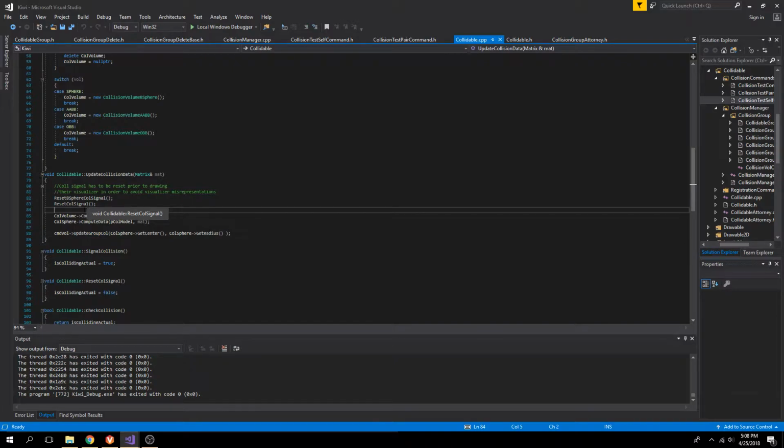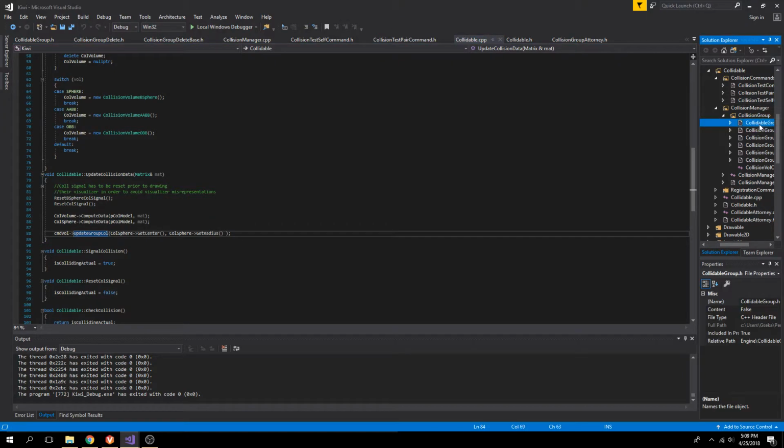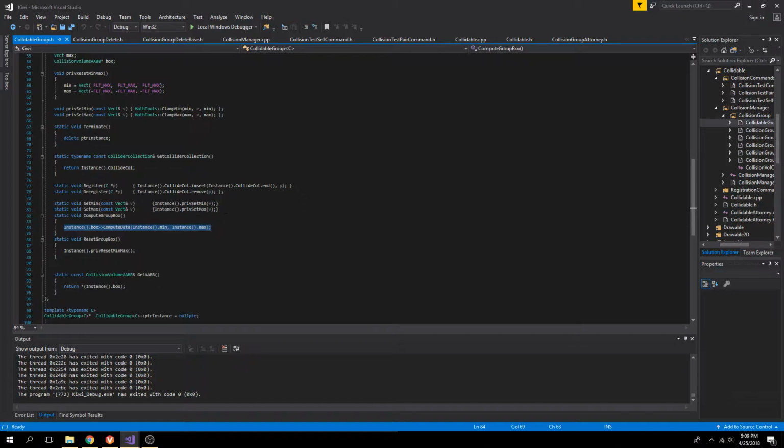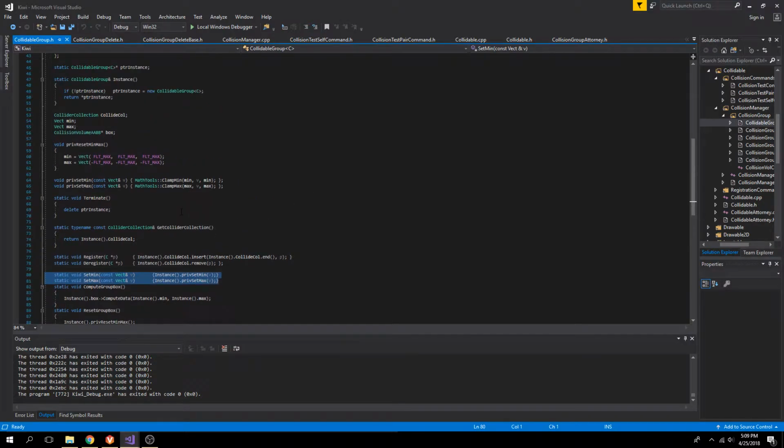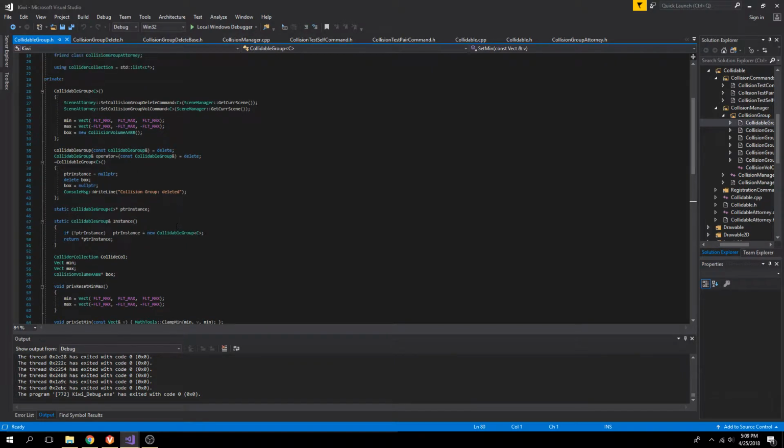I'm computing the B-sphere inside of update collision data. After I update the data for the B-sphere, I then send that to the collidable manager using a command. So this passes the data for the B-sphere to the collidable group. That will then use that data to compute the min and the max for the ABB for the collidable group. So yeah, I'm storing a collision volume inside of the collidable group,